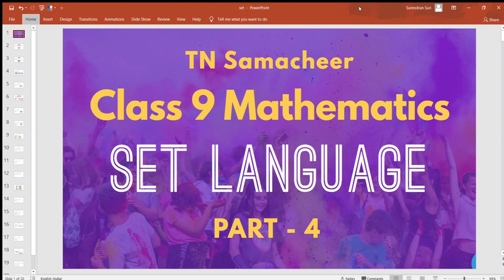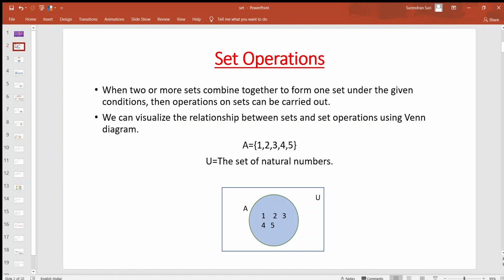So in this video, we are going to see about set operations. Till now we were discussing about set and the types of set, the forms we can represent it. Now we will see what are the operations that can be performed using a set. When two or more sets combine together to form one set under the given conditions, then operations on sets